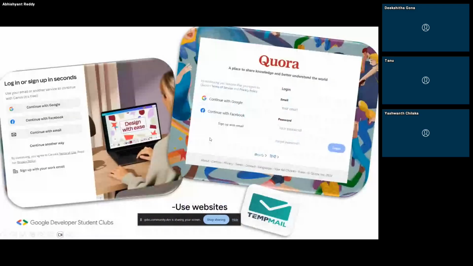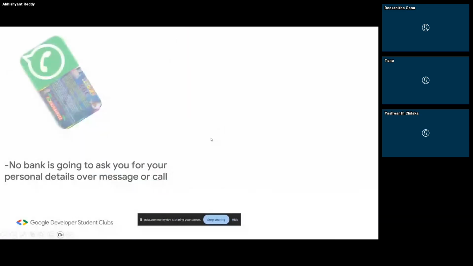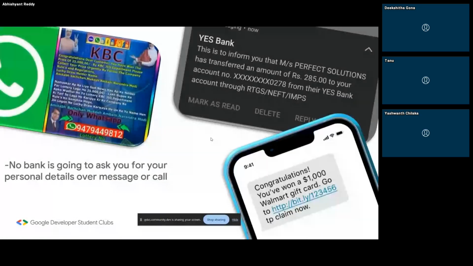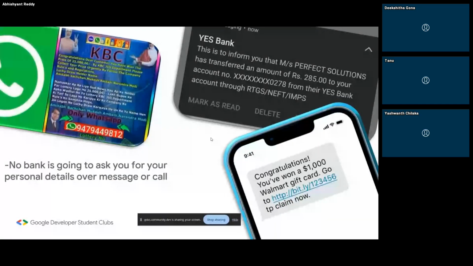Okay, the next slide is about the spam messages. You might have been called or messaged, like by Amitabh Bachchan or KBC, saying that you have won 25 lakhs and they need your information to send your money. That's not true. Let's come to terms with that, guys. It's not at all true, and it's not going to happen. It doesn't make sense, right?